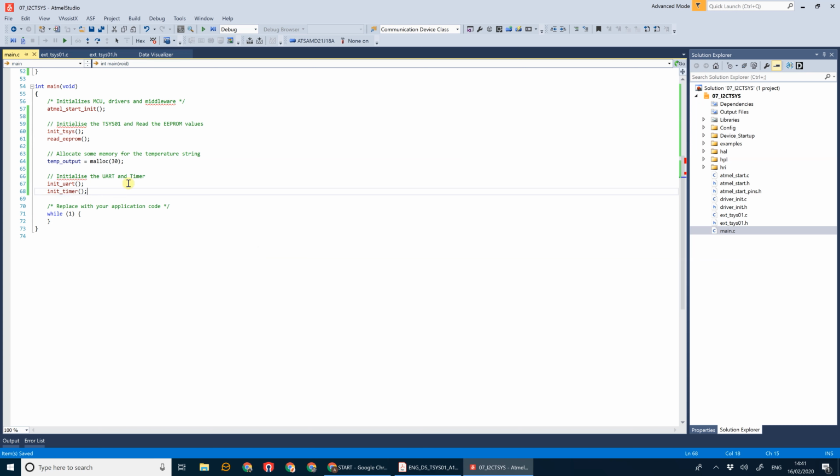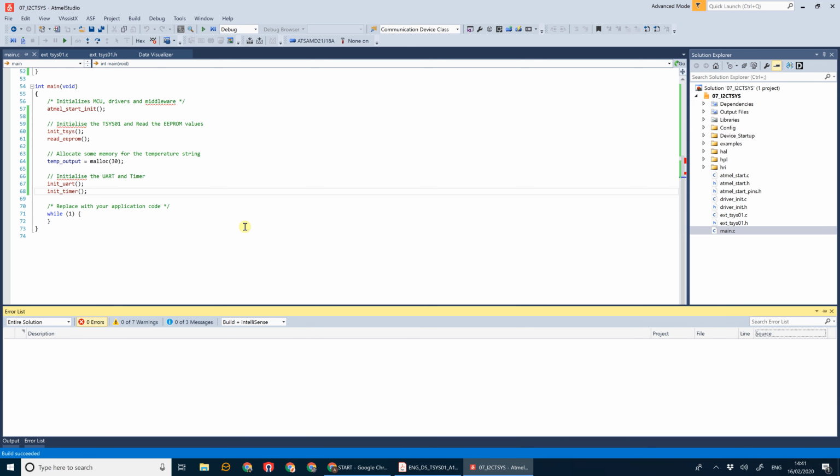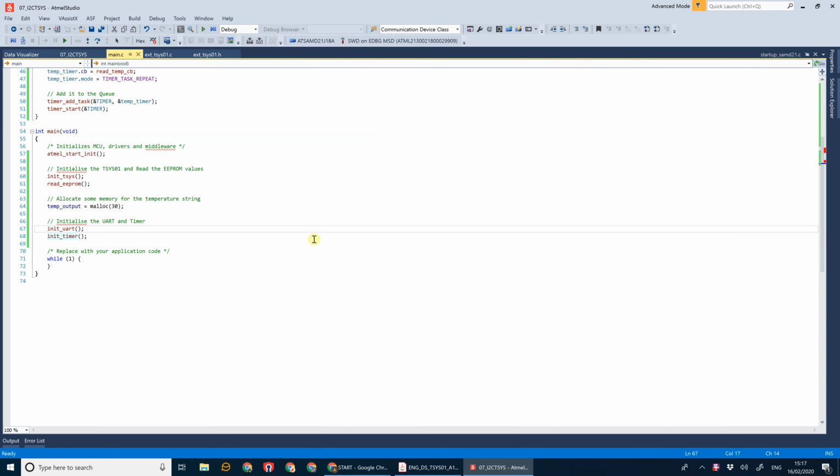Okay, now because we're using a timer function which causes an interrupt, we don't have to do anything in our while loop. Everything's already been set up and it will do it on its own. Okay, so if we go ahead and build this, make sure we've got no problems. And it looks like everything built okay there. Okay, so if we go ahead and run our project,